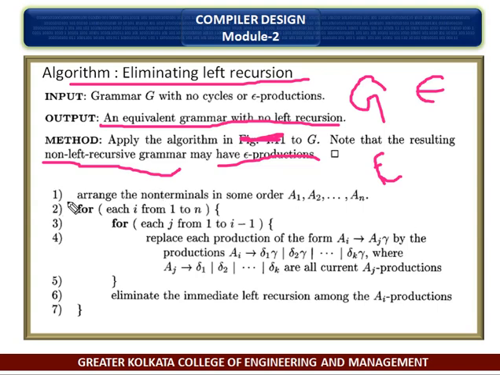First of all, we need to arrange the non-terminal nodes in some order, that is A1 to An.